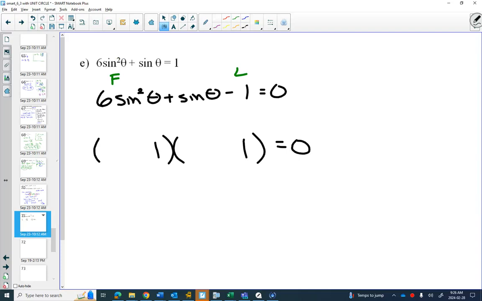And if I start with the last ones, 1 and 1, now mental math, you might be able to see more easily. Should it be 6 sine theta and sine theta, or 2 sine theta and 3 sine theta? If I use 6 sine theta and 1 sine theta, can you see that your outside is 6 and your inside is 1? Does that ever make 1? Adding or subtracting? No, it makes 7 or 5. So 6 sine theta and 1 sine theta is not going to work nicely for me. But 3 sine theta and 2 sine theta,